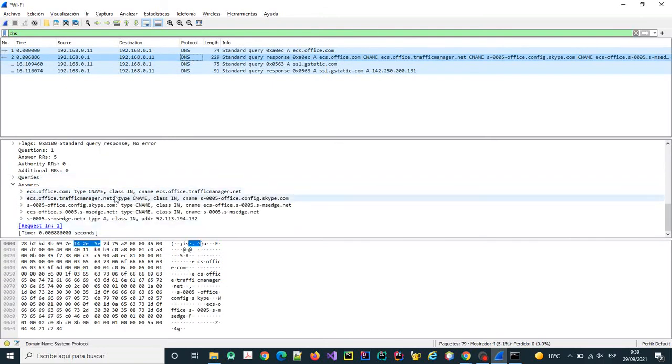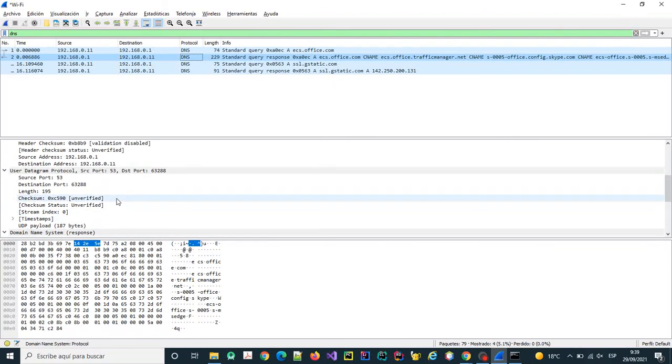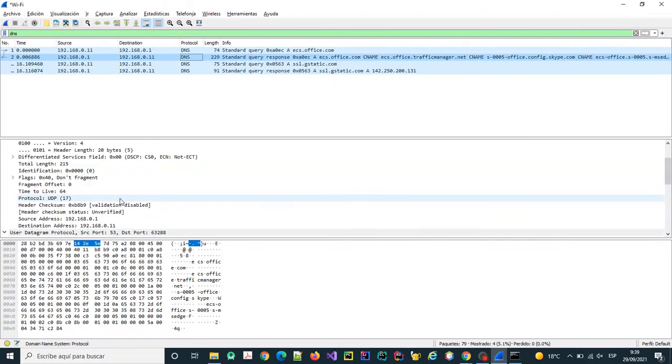The website of the Polytechnic University does not appear, because in my MAC address table this IP is registered,